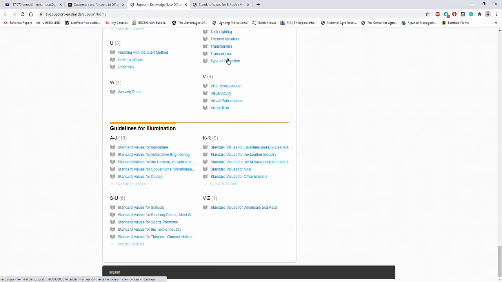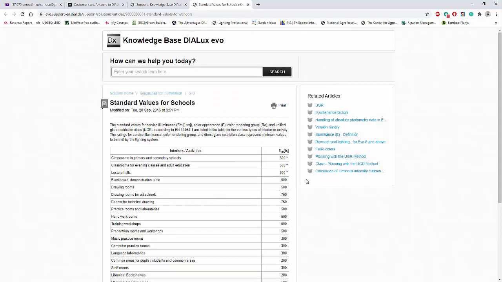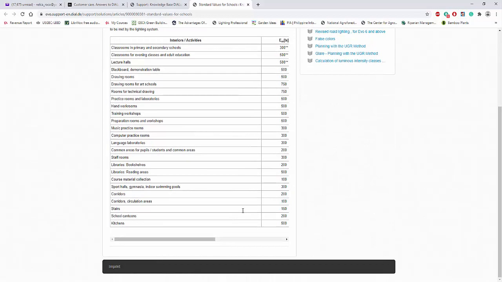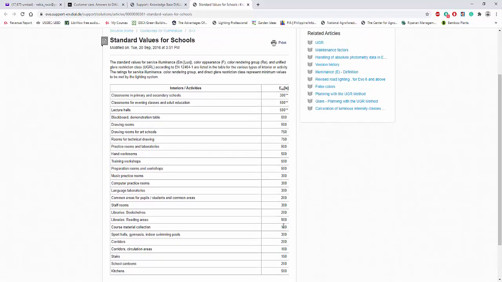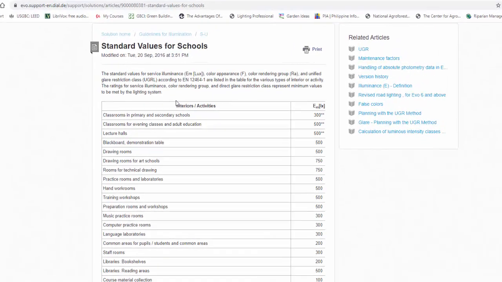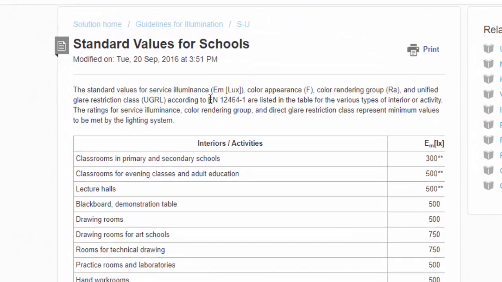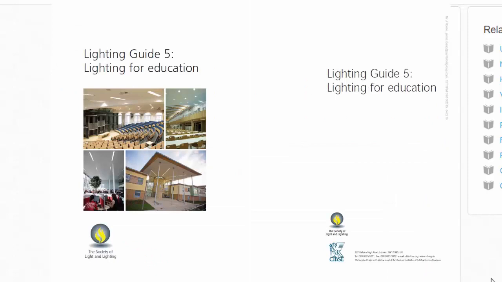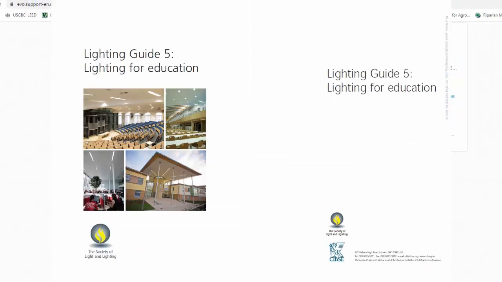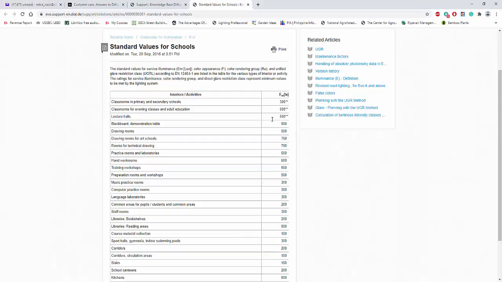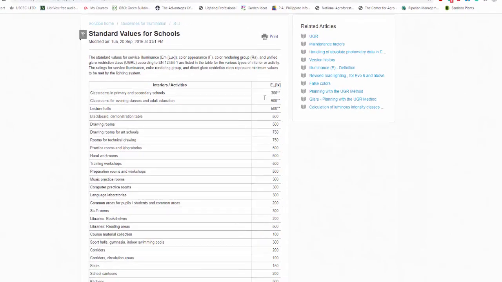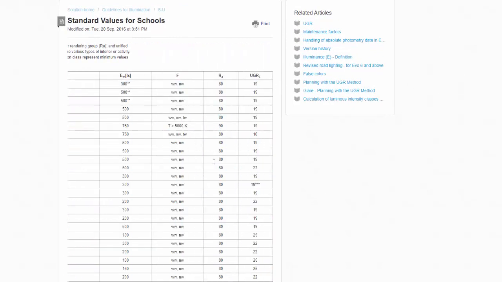Once you click this one, you will go to this page, and then you will find the lighting design requirements for schools. This one is based on EN 12464, or you can check the CIBSE lighting guide for educational facilities.